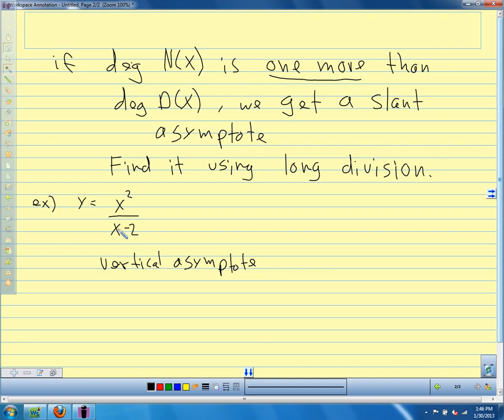Vertical asymptote where the denominator equals 0 is at x equals 2. The degree of the numerator is 2. The degree of the denominator is 1. So that tells us we have a slant asymptote. The degree of the numerator is 1 more than the degree of the denominator. So we have a slant